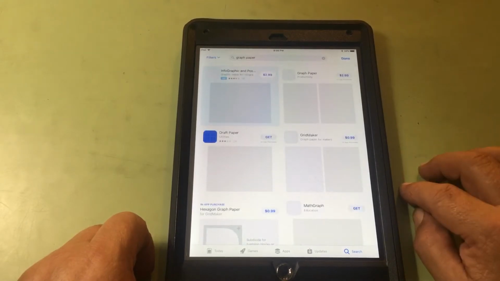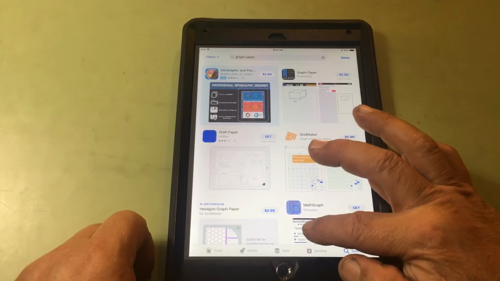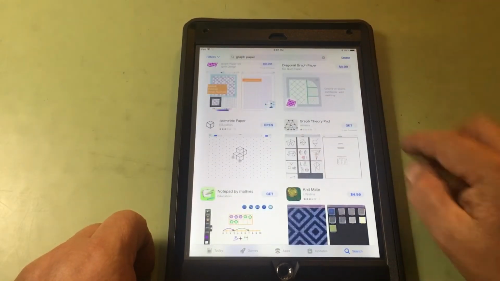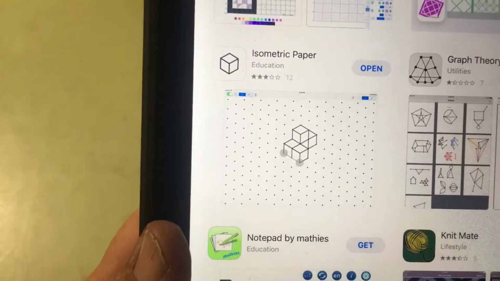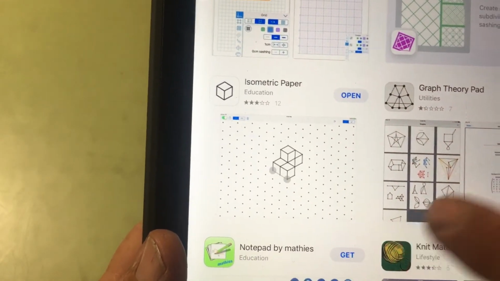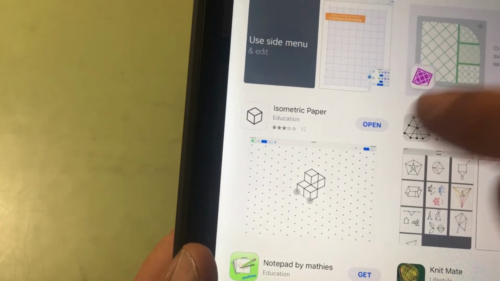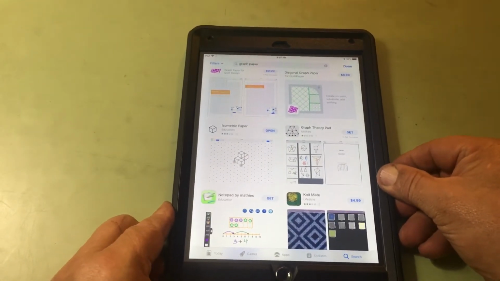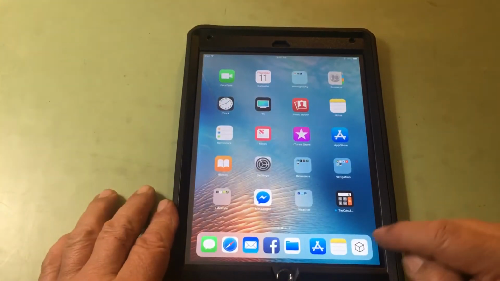Wait for it to come up, and scroll down until you find this one right here that is isometric graph paper. Now I've already opened it, but it'll just say get, and you just push get and then go through the process of opening. And once you've got your graph paper,